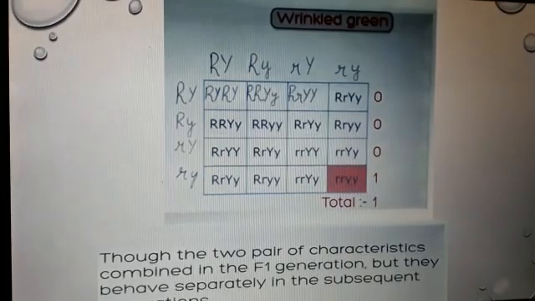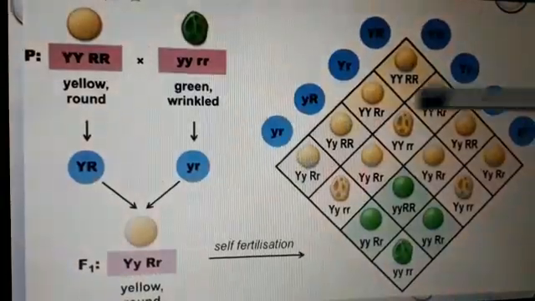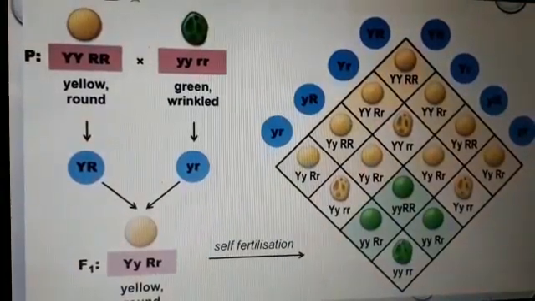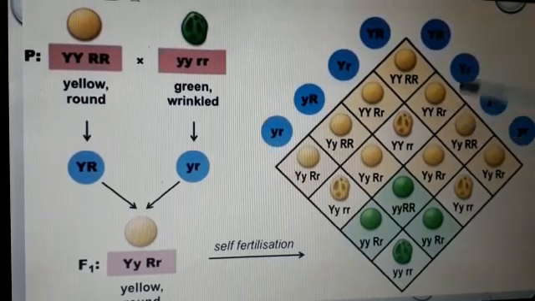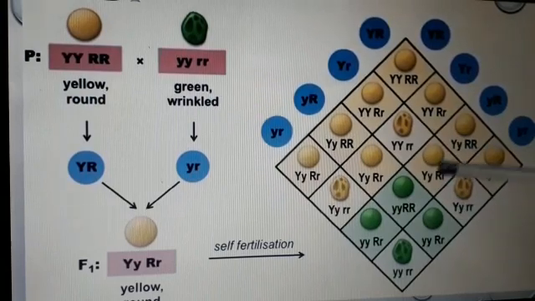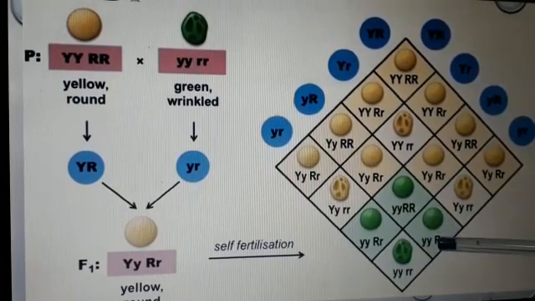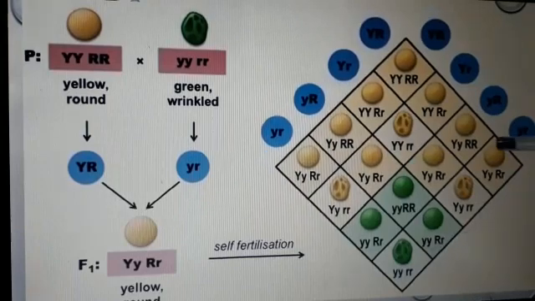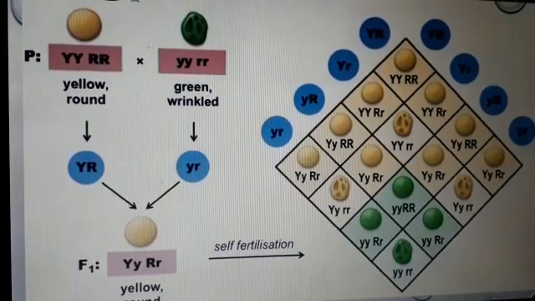Though the two pairs of contrasting characters are combined in the F1 generation, they behave separately in the subsequent generation. So, this is what we can see with the help of this colored Punnett square, that we are having 4 types of combinations, that is round and yellow seeds, wrinkled and yellow seeds, round and green seeds, and wrinkled and green seeds. In the F2 generation, we are having the ratio as